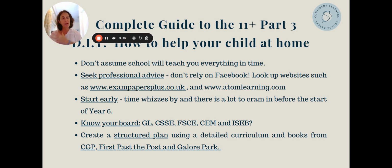Okay, a lot of parents ask me about, what about year 2 and 3 children? It's important for those children to love learning, and it's important for them to enjoy what they do, learn through playing, learn through games, but also to excel in their curriculum at school. So focus on the mental maths and the reading and writing and things like that at year 2 and 3. By the time they come into year 4, you can start accelerating them through that curriculum. So they've basically got 2 years in which to learn 3 years of curriculum,